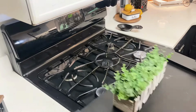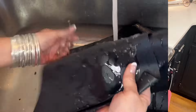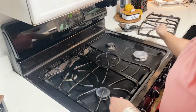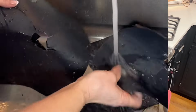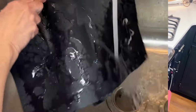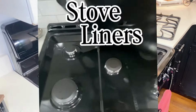Stove liners save me so much time when it comes time to clean. They just go on your stove, and food that has spilt just goes on the liner. And the liner is made of some material that makes the food just slide off. Literally, there is no scrubbing. You put it in your sink and run some water, and the burnt on food will just slide right off